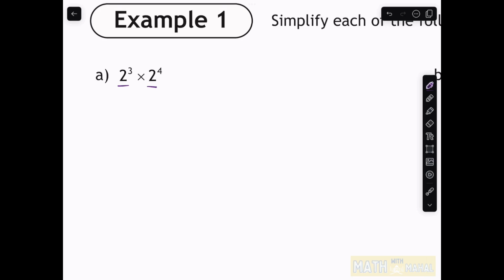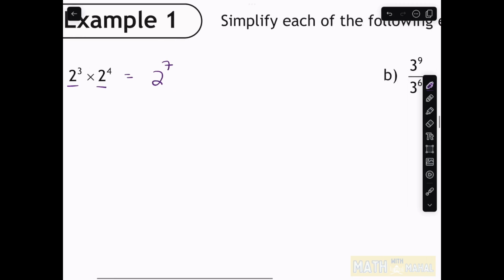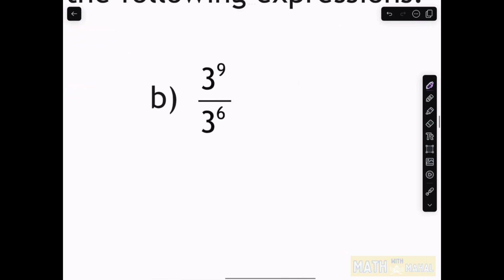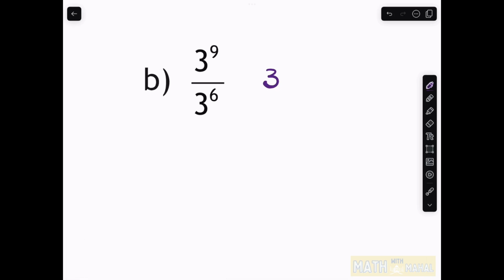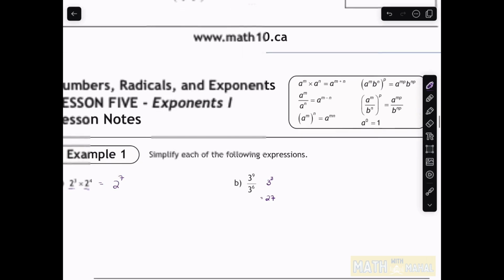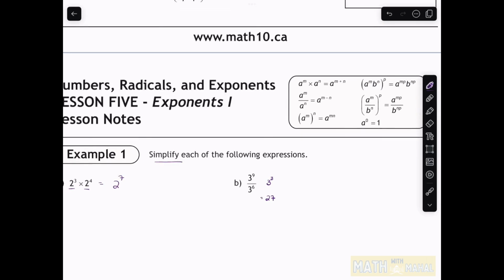So our base is the same, which means we just have to add the exponents. So this would be 2 to the exponent of 7. For b, the base is the same, but this time we are going to subtract the exponents. So that's going to be 3 to the exponent of 3, which reduces to 27 if we simplify it. It does want us to simplify, so sorry, that means we also have to simplify this one,